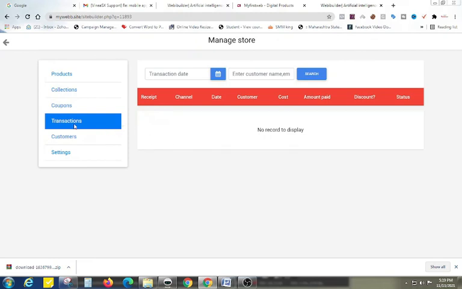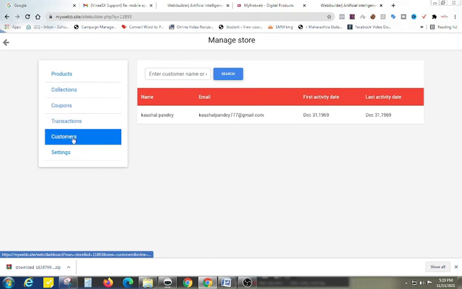And whatever customers have purchased your product, you can see in the customer tab. Whatever people have added your product in the cart, even if it failed, their email ID and their name will be shown in the customer.